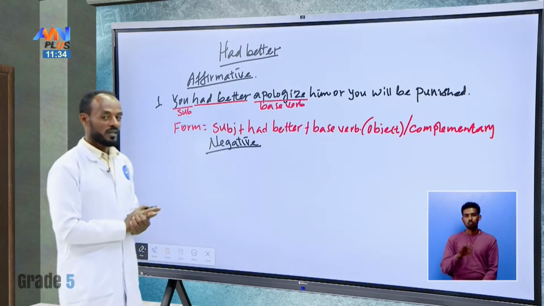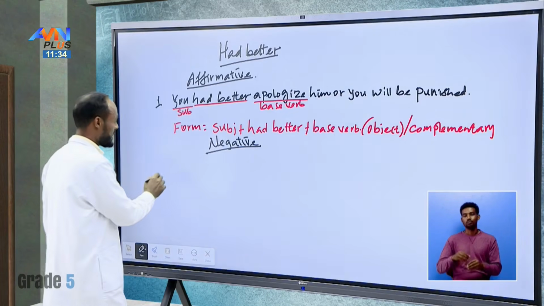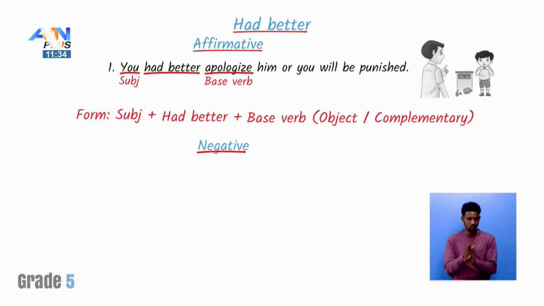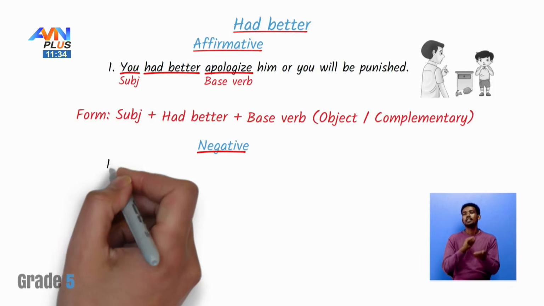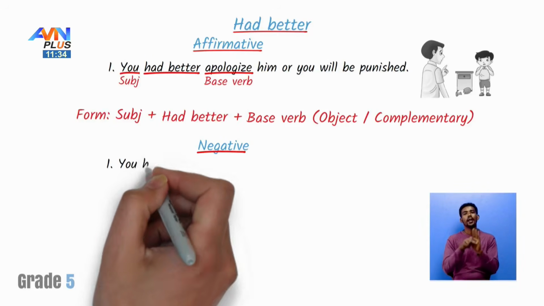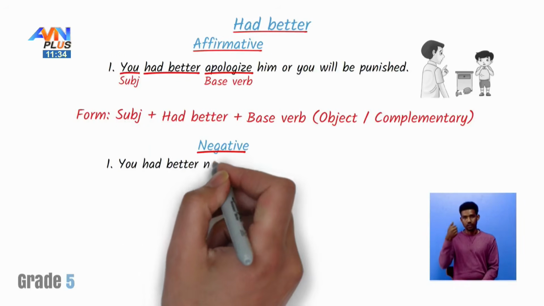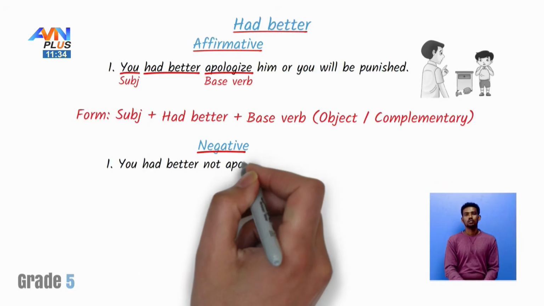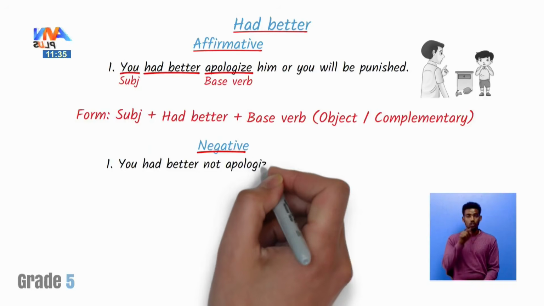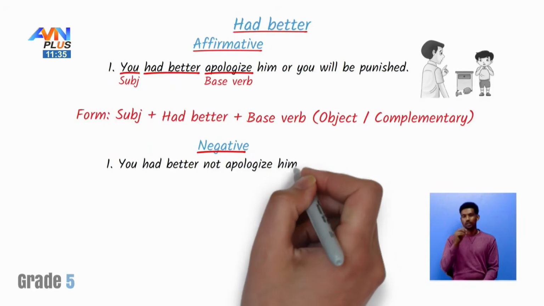Bravo. You did it. Nice. So, we can change here into its negative form. You had better not. You had better not apologize